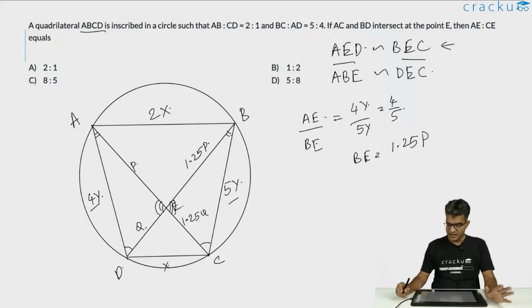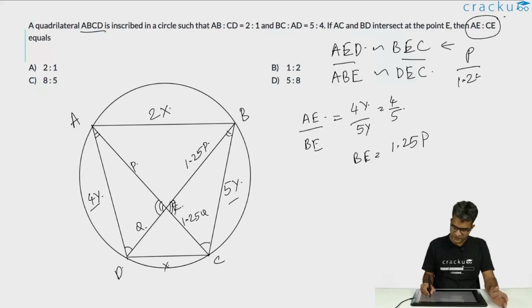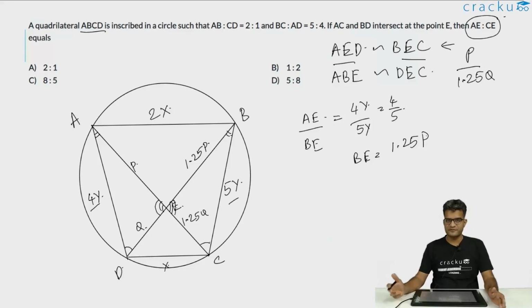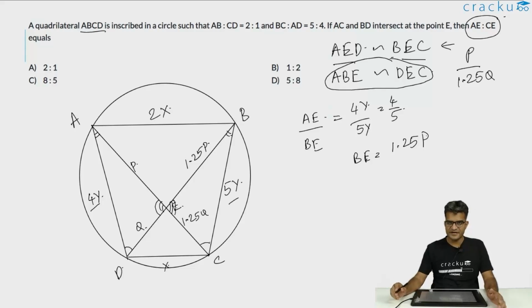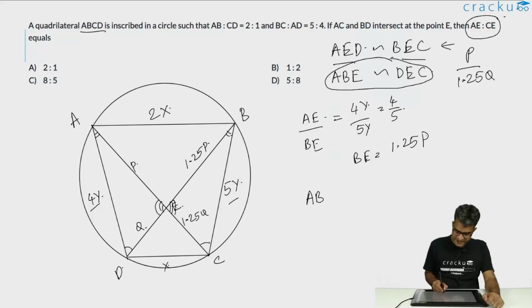What are we required to calculate? We are required to calculate the ratio of AE is to CE. That is, we are required to calculate the ratio of P divided by 1.25 Q. So we need to calculate the ratio of P and Q. For that, we will use the other set of similar triangles, which is ABE and CED. Because both of them are similar, the ratio of AB divided by CD will be the same as the ratio of